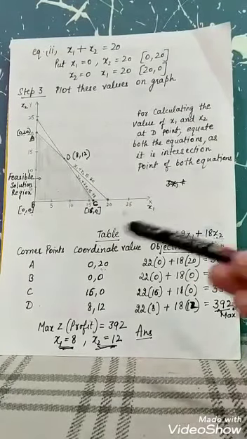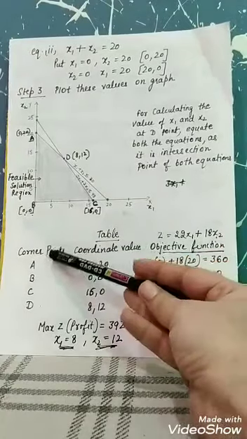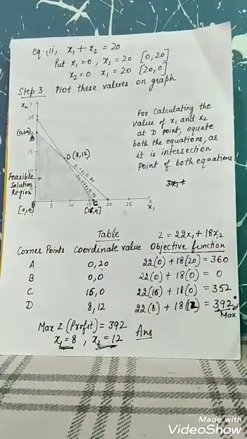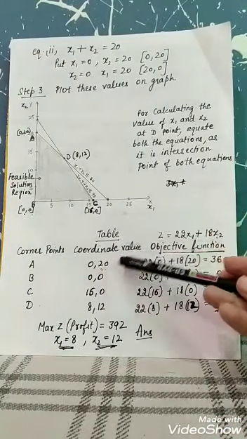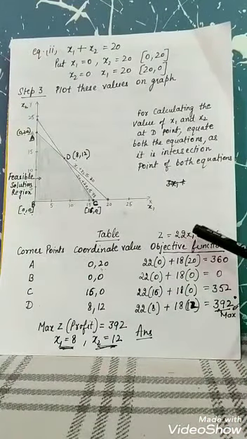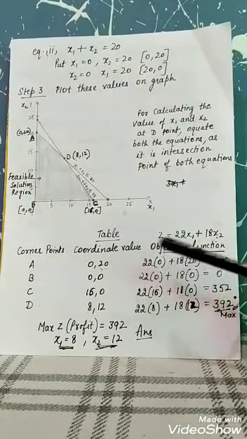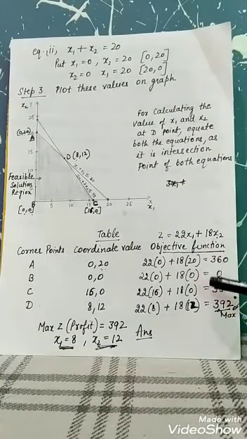So now we can put these values on the table. Here coordinate points are given, coordinate values are also given. Now we can examine these coordinate points on objective function. Our objective function is 22x1 + 18x2. So we can put these values of x1 and x2 in our objective function in order to evaluate our answer. After evaluation I got 4 answers, but I have to choose one, and this will depend upon our objective function, that is minimization or maximization. If our objective function is minimization, then our answer will be the minimum one. If our objective function is maximization, then the answer will be the maximum one.